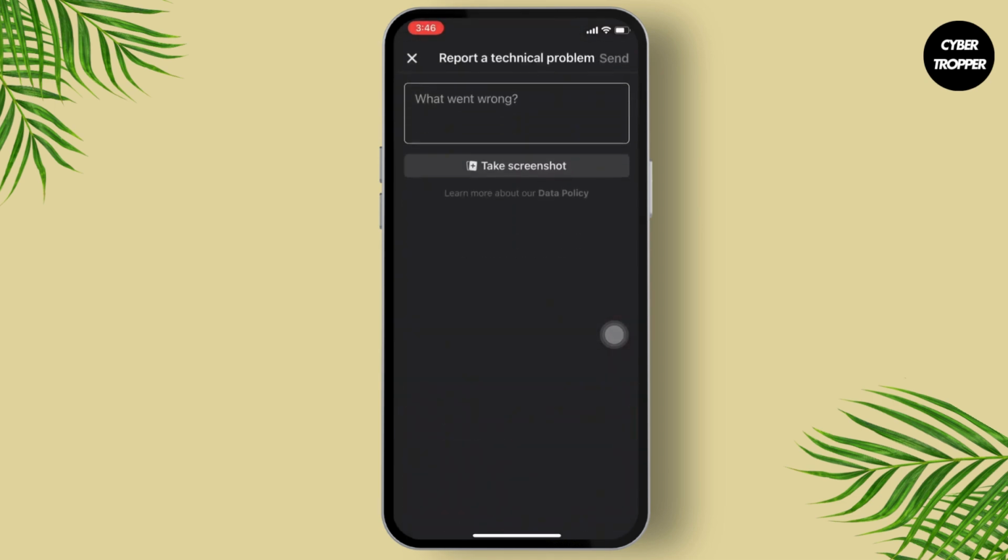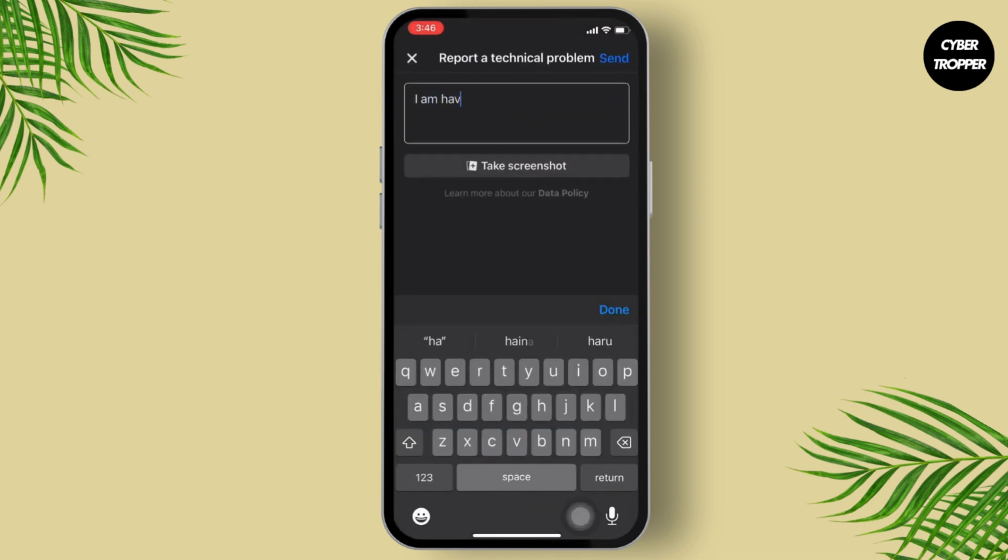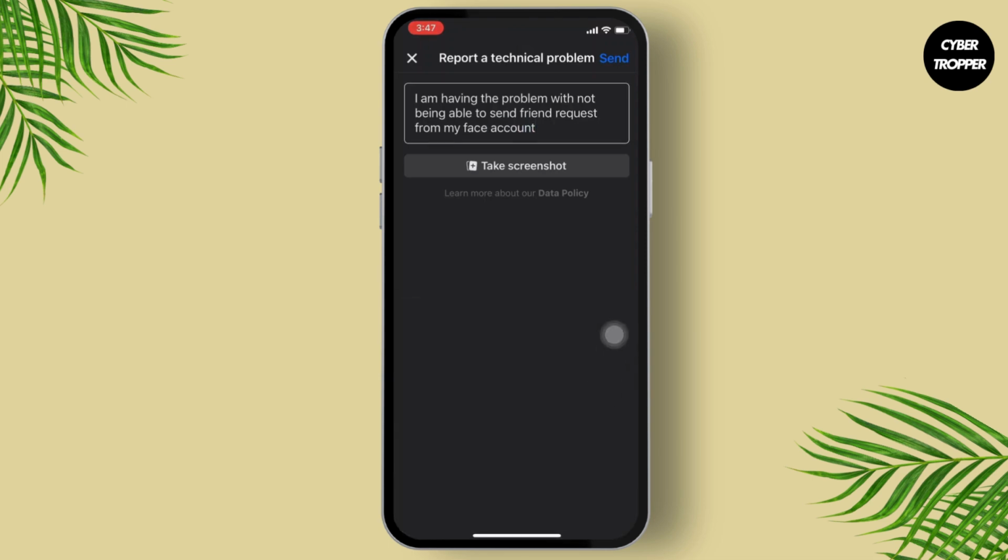After clicking on it, we will write our problem here. So I'm writing my problem: I am having the problem of not being able to send a friend request to my Facebook account. So after writing this problem, you can simply send it, and you will be able to fix